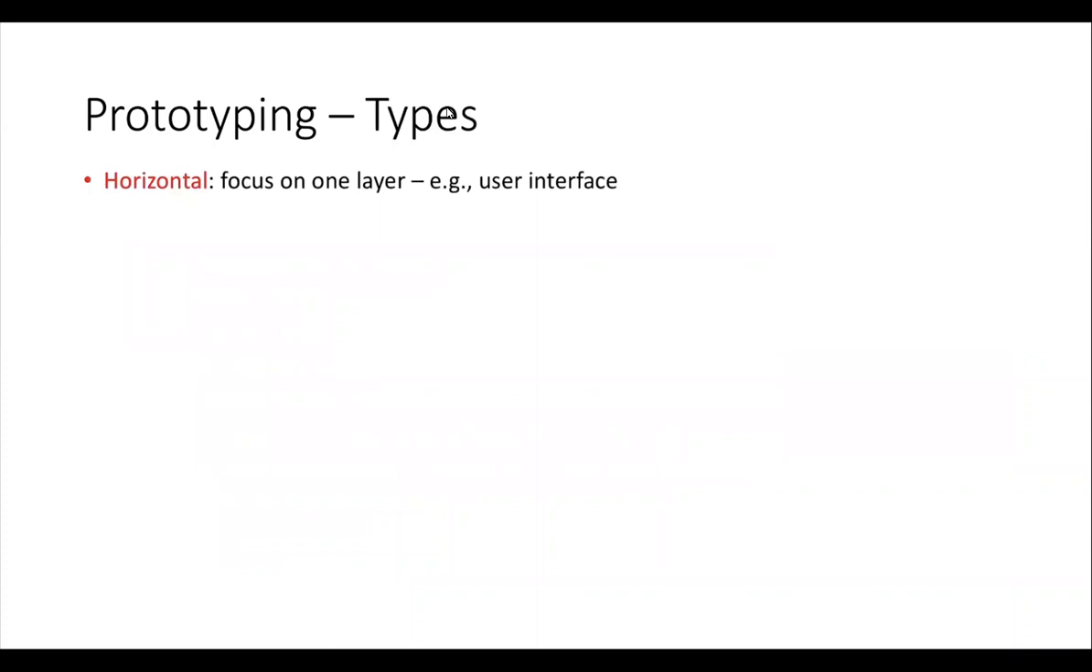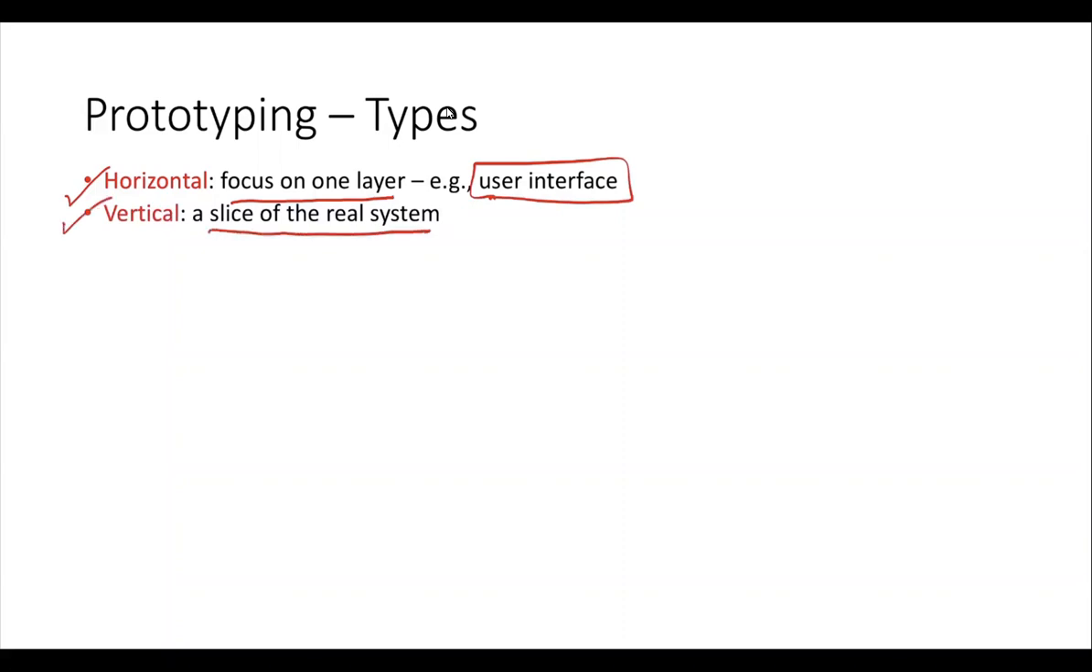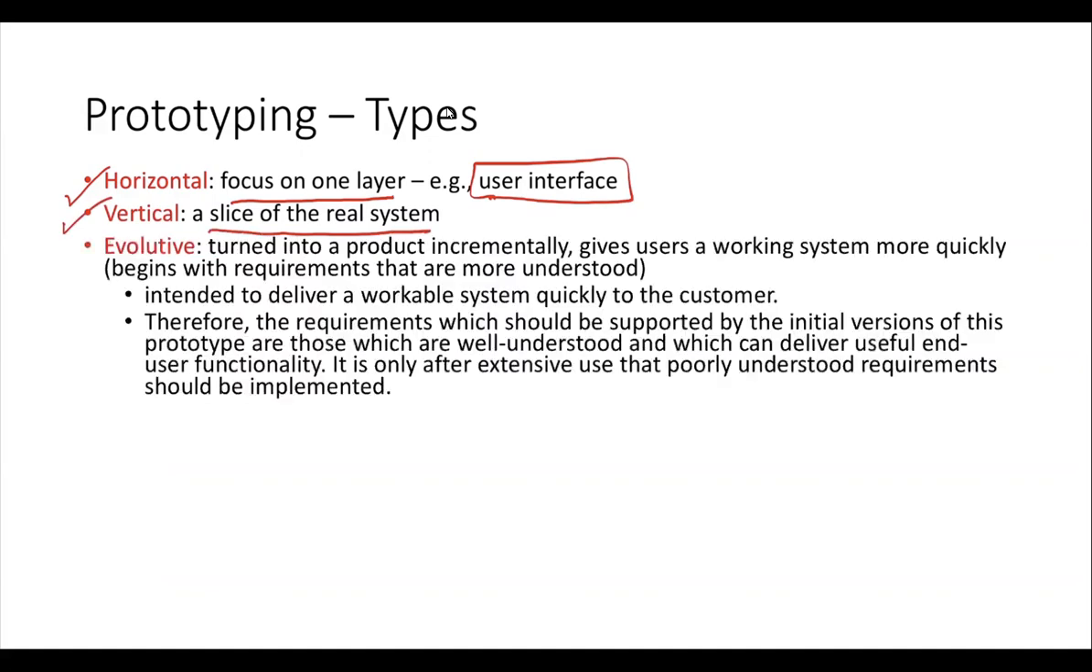Prototyping, although it could be of different shapes, has different types. The first one is called a horizontal prototype, which is mainly focused on one layer. You could have a prototype that just builds a user interface. Or it could be a vertical type, which means you actually have a slice of the real system. Or it could be an evolutive prototype, which is turned into a product incrementally and gives users a working system more